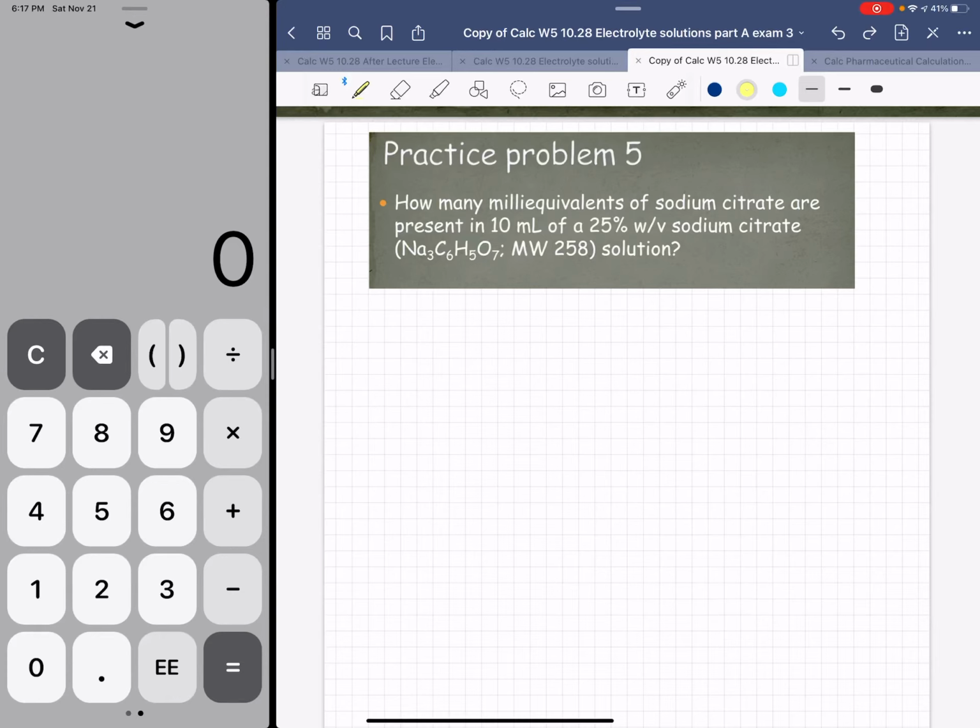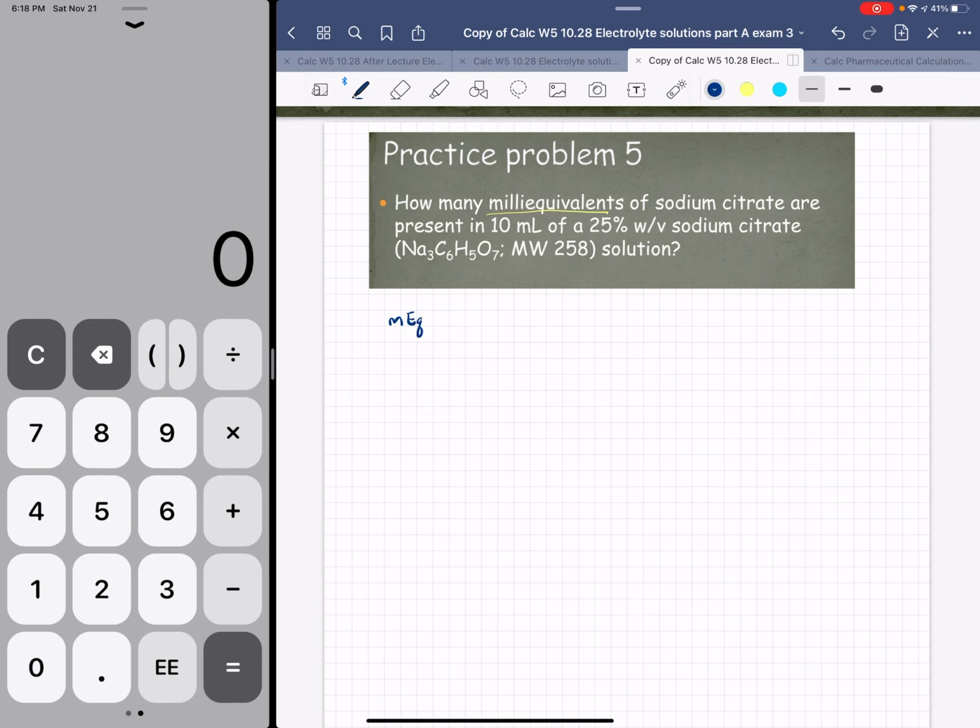Okay, working on practice problem number 5. Problem number 5 says how many milli-equivalents of sodium citrate are present in 10 milliliters of a 25% weight per volume sodium citrate solution. So I'm going to be looking for milli-equivalents, and I am going to go ahead and